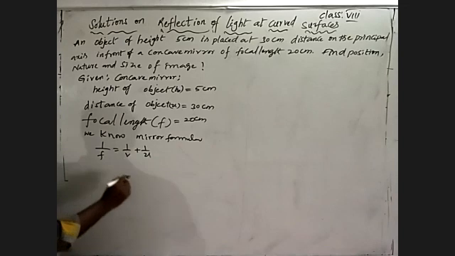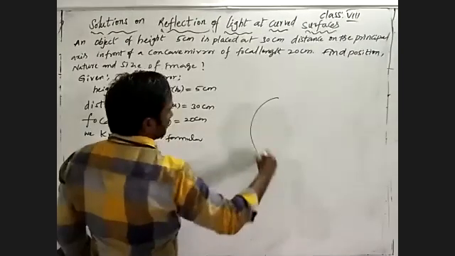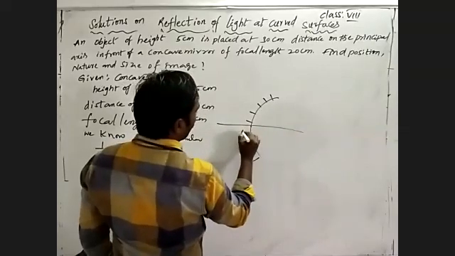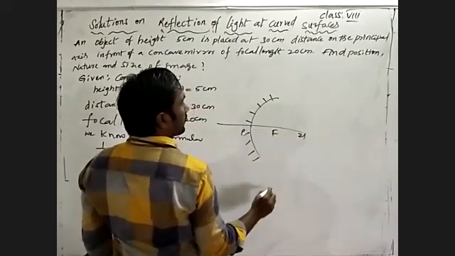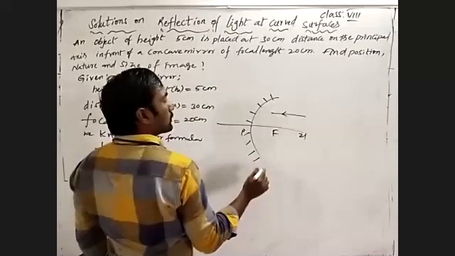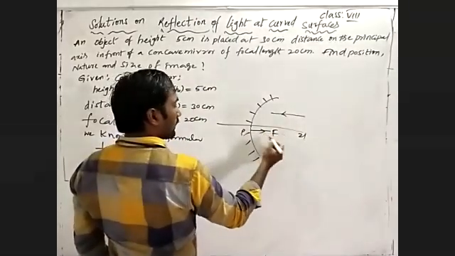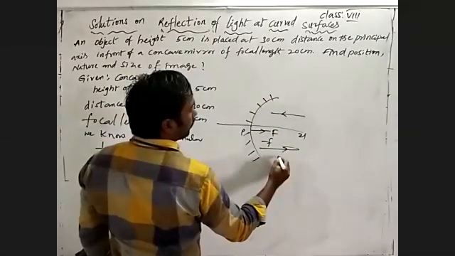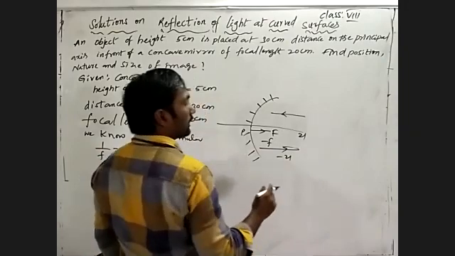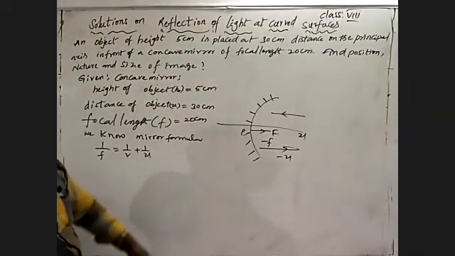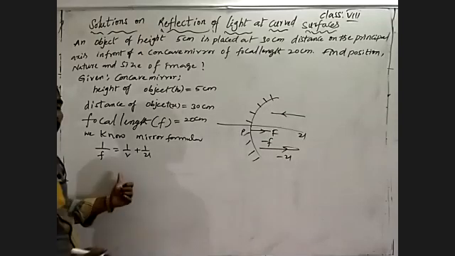This is a concave mirror, inner curved surface, this is the pole, this is the object, this is the focus. Light ray comes from the object, and we measure focal length in the opposite direction, so focal length is minus. Object distance we also measure minus, opposite direction to the incident light ray. Of course image will also form minus, but